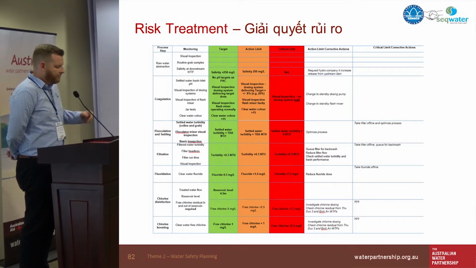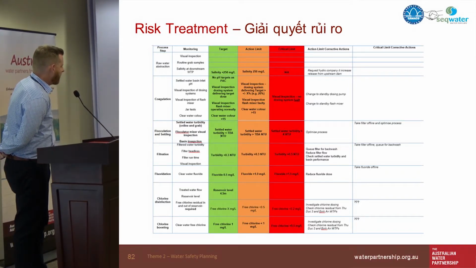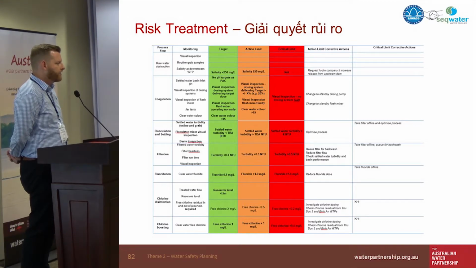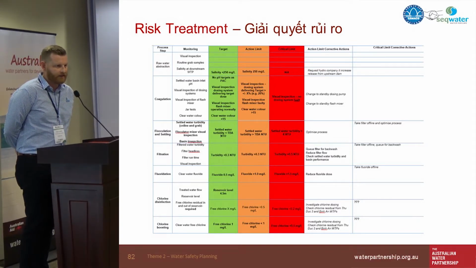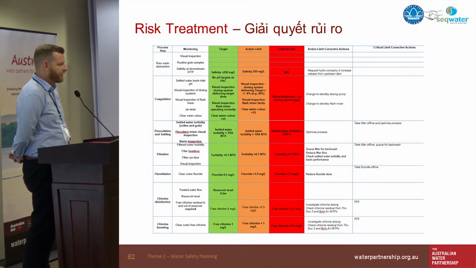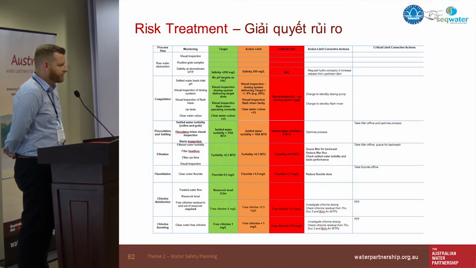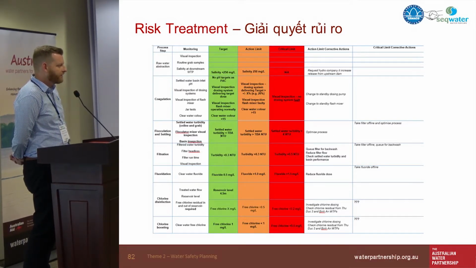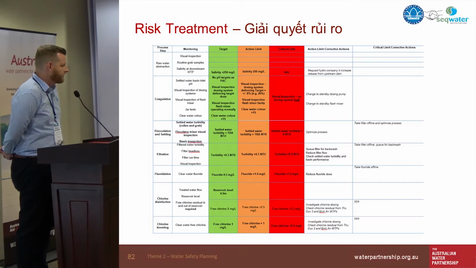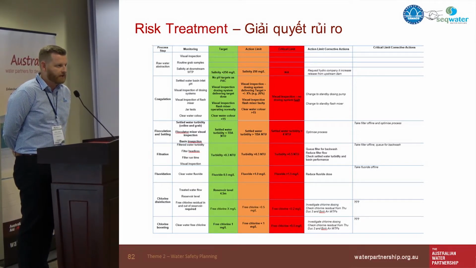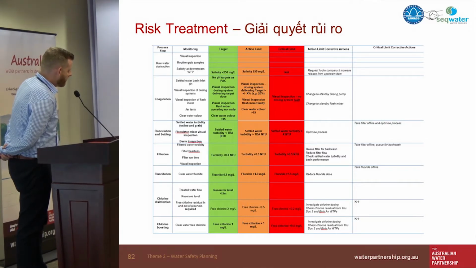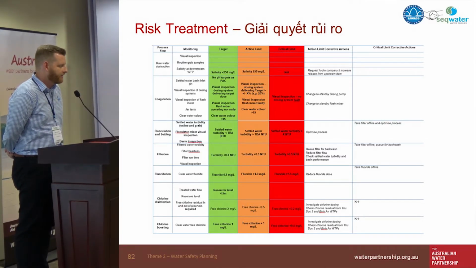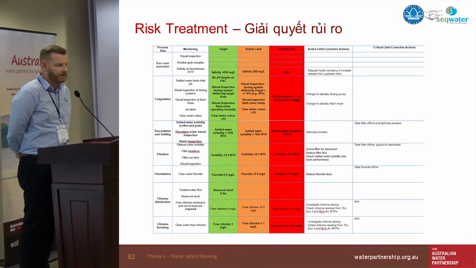Then one of the other outputs of this risk treatment process is what we call on SEQ Water a wall chart, and that's where you go through each of the treatment processes, undertake the risk, look for those process steps that are critical, and then around those process steps you put tight performance criteria. So in the green column is what you might be targeting for performance. The orange is where you want to start undertaking some action or some intervention, and the red column would be when you would be starting to take some more serious action, which might be shutting the plant down or backwashing